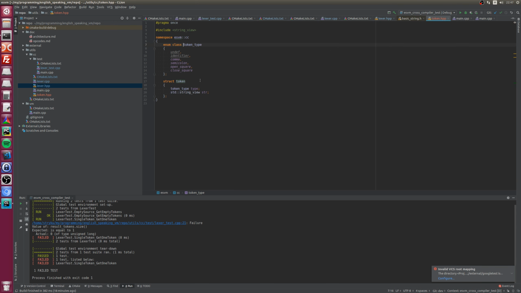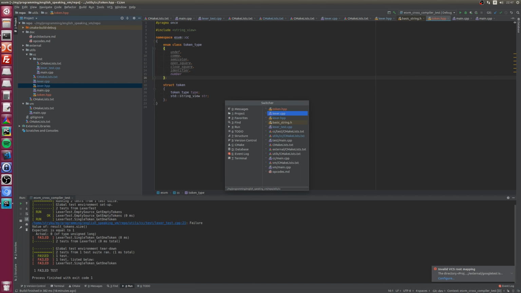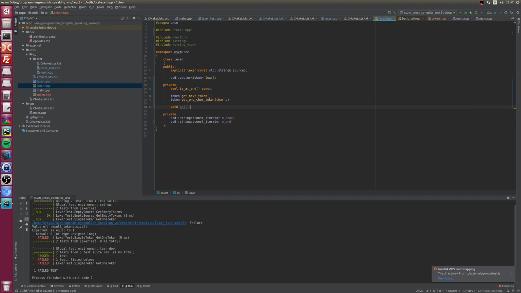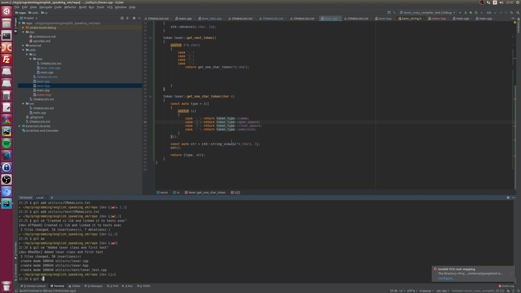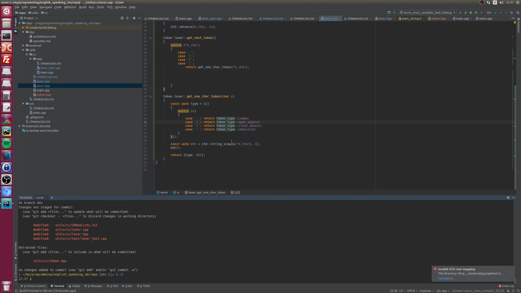So let's go to the token type because for identifier we can have, like I said, number. We need to handle that too. But for now, let's just commit. Let's see what we have here. Token, yeah.